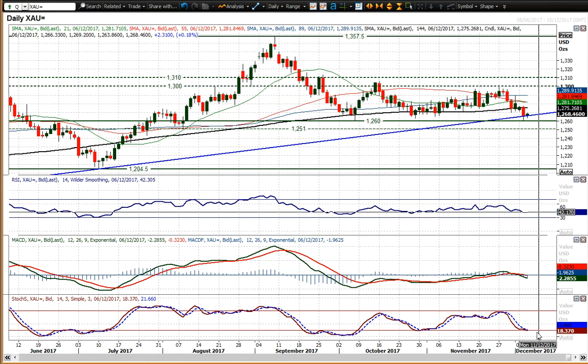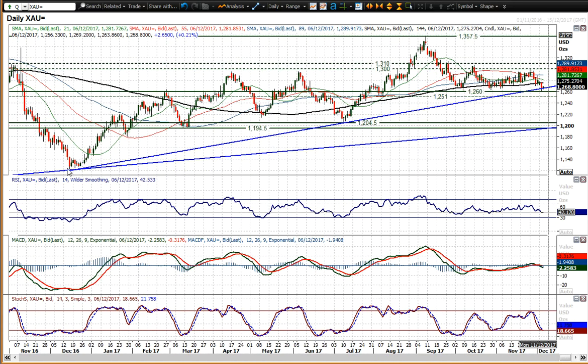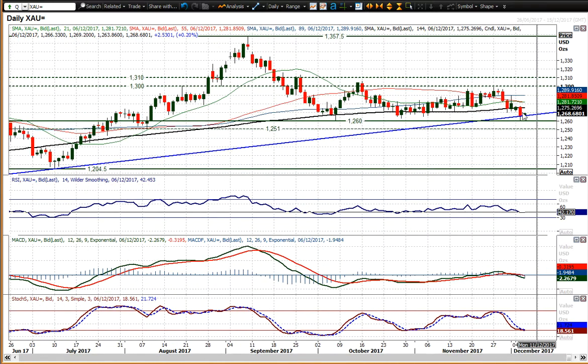Stochastics are buzzing around the negative area, but it still is putting pressure on this 12-month uptrend, which we've been in since December last year. Now, the uptrend was breached on an intraday basis, but held into the close. So arguably that uptrend still holds water, but a move below 1260, and certainly on a closing level below